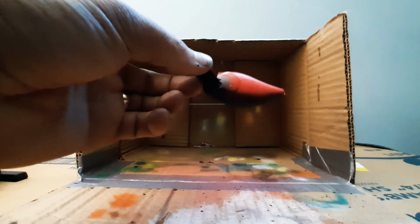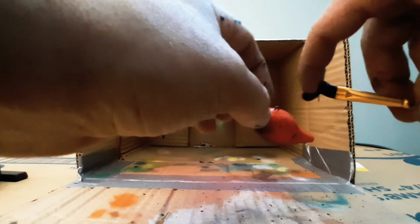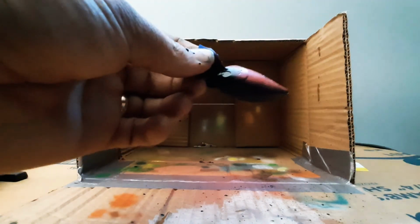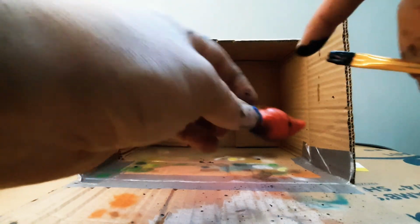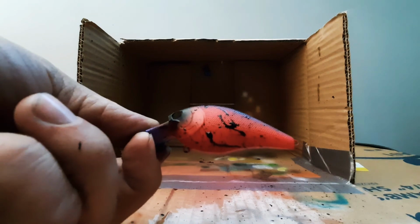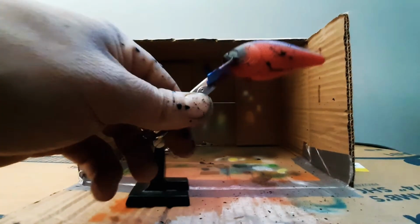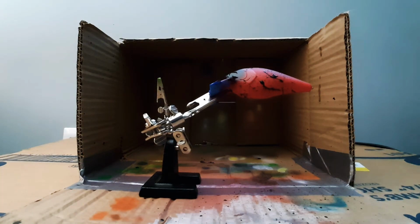And we're going to flip her over. Like I said, just have fun with it. There's no wrong way of doing your own lures. And there we go. So now what I'm going to do, put them back in this clamp here. And we're about ready for